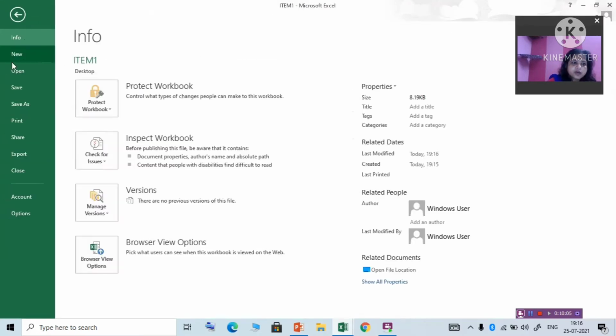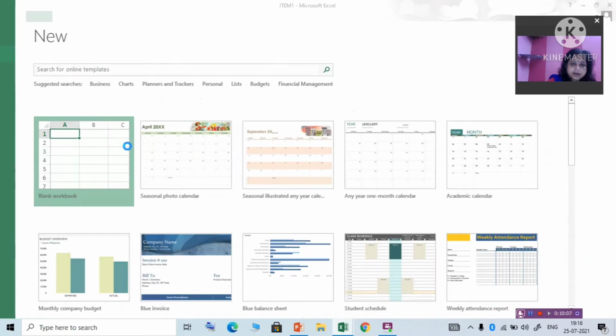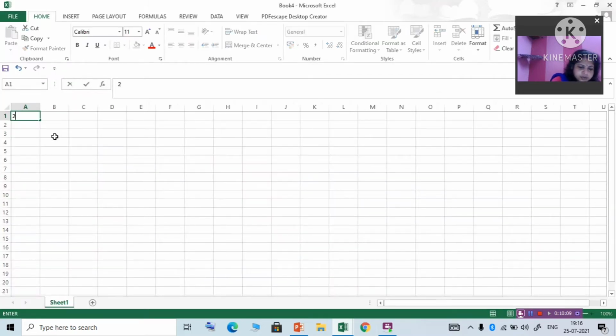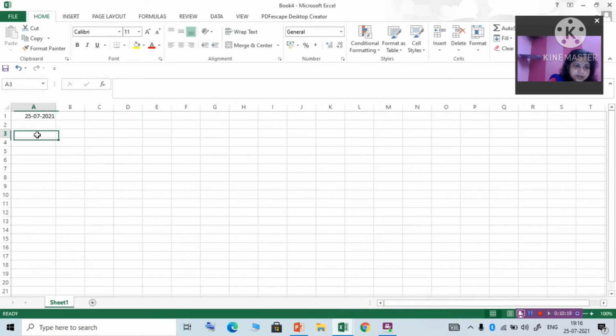Now I am opening another workbook. Here suppose on the 25th I want to calculate the total quantity.